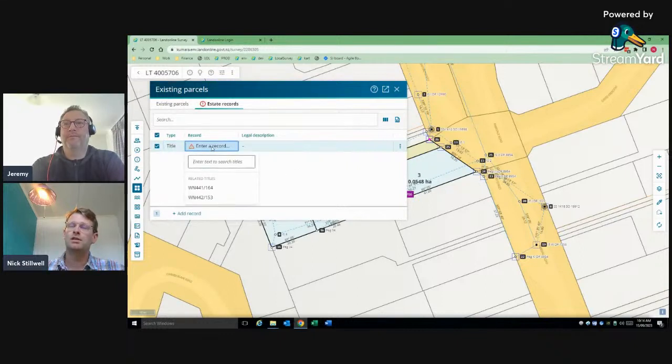Enter a record. So what it does is it uses the link between the parcels and the titles from the Landonline database to find the related titles to those parcels for you. Just note that's not an authoritative link, so you do still need to manually verify that these are the right title numbers. And one of the ways you can do that is something that